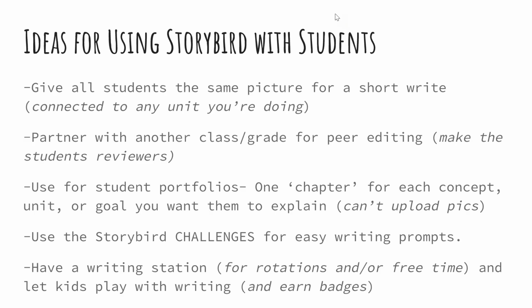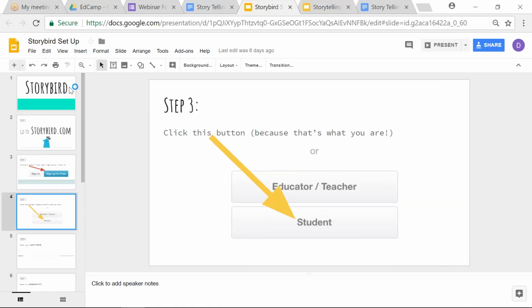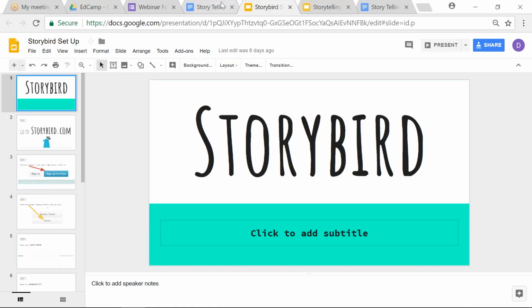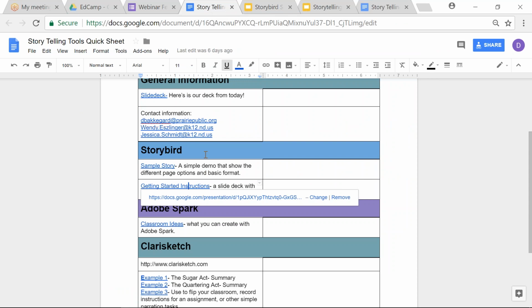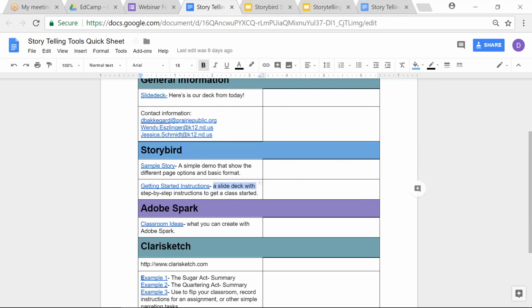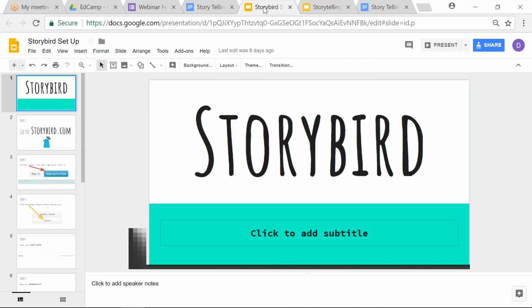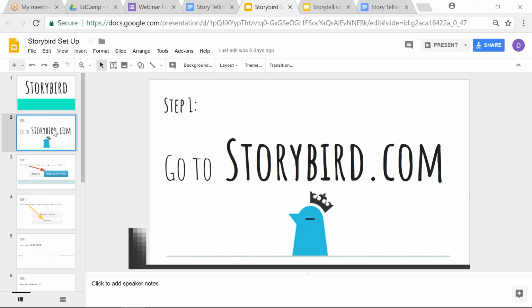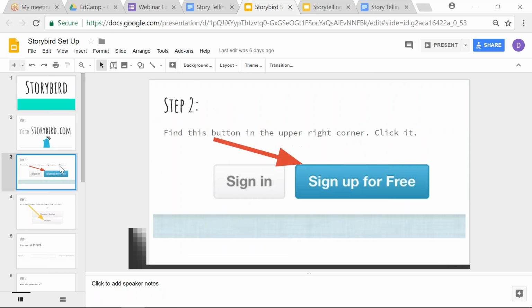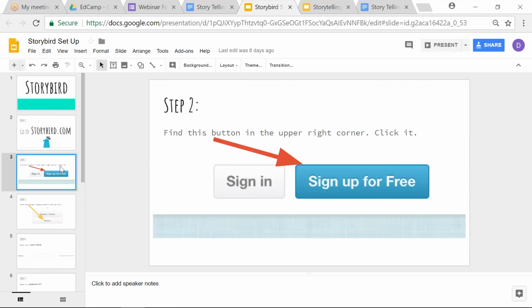As we get into some of these other resources, I want to pause so that if you have questions, we went through how to use Storybird pretty quickly. I will show you in this slide deck, and again, on our resource page under Storybird, it's right here, a slide deck with step-by-step instructions. If you open that up, this has some step-by-step instructions. These are set up for your students. So this is a slide deck you're free to use of how to guide your students through setting up their